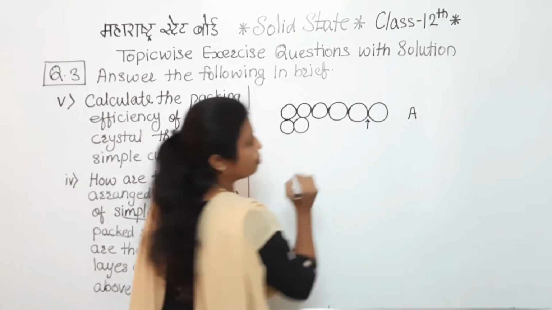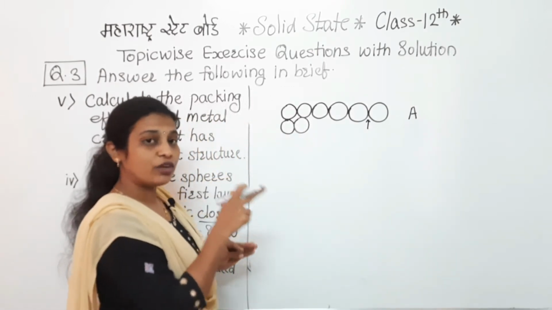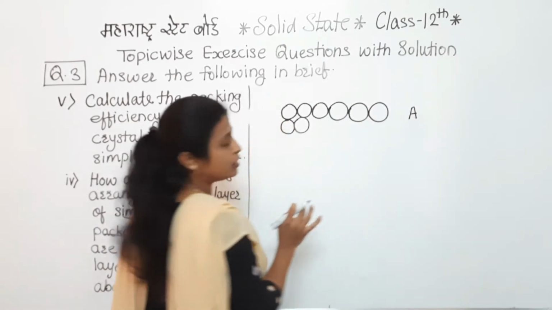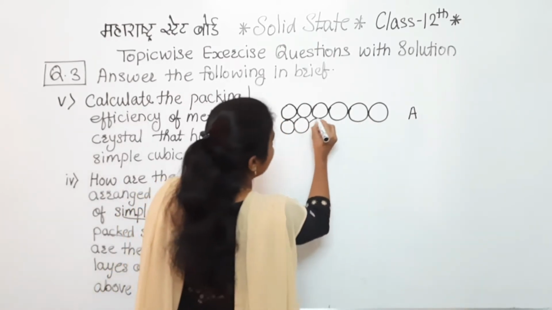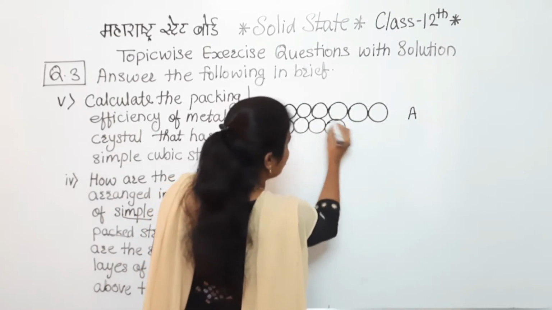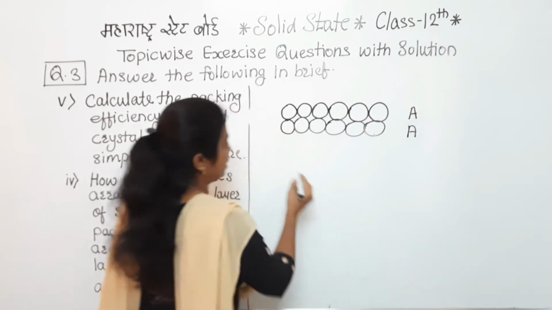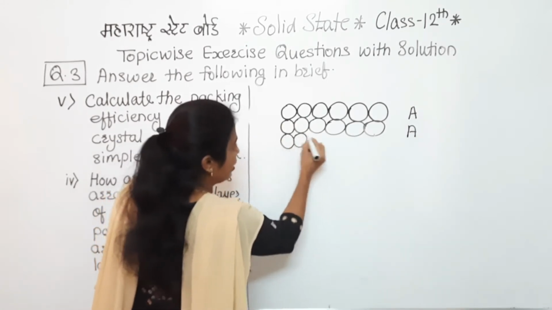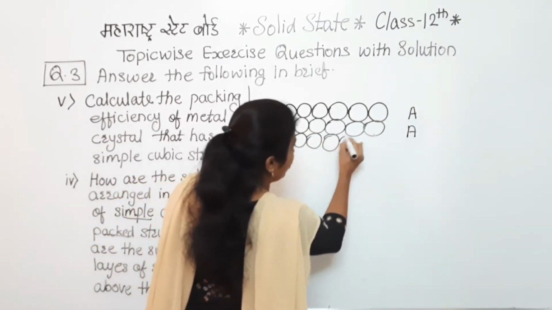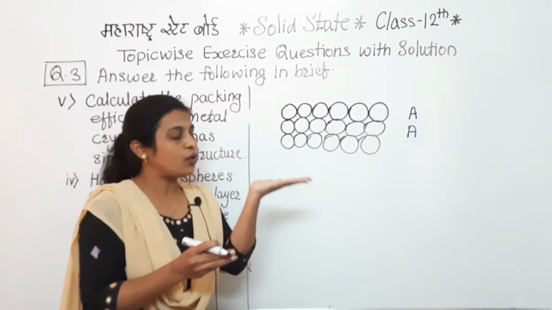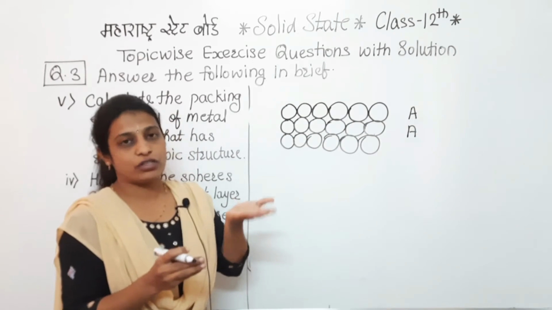Here there is a depression in between 2 spheres, but when we are arranging the spheres, they are not arranged in that depression. They are just adjacent to another sphere. So this is again the A type. In this way they are arranged like that. Hope everyone is getting that diagram. In this way we have completed that horizontal first layer.